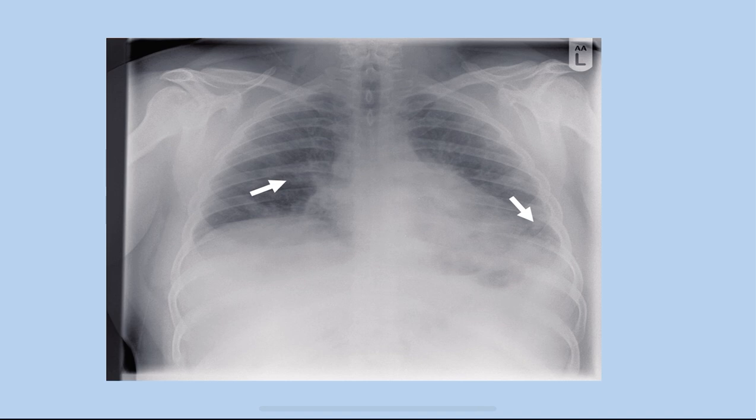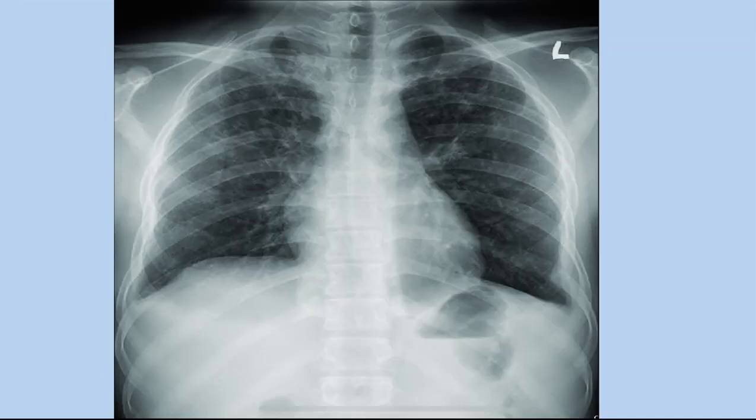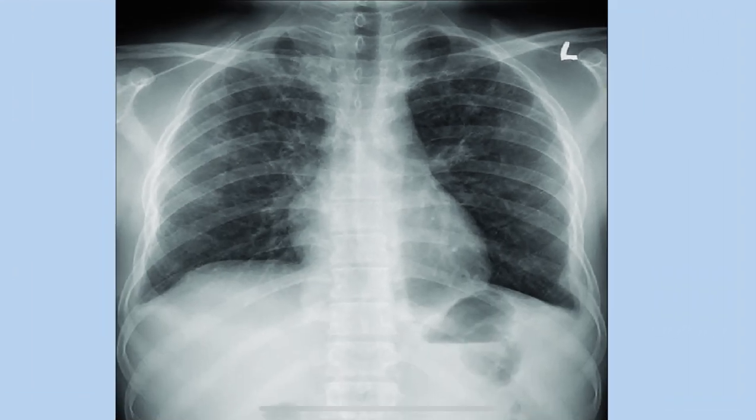So here you can see the chest X-ray which is showing patchy airspace shadowing. This patchy airspace shadowing is seen in both the lungs. Prominently you can find it in the mid and the lower zones. You can see the arrows here. In the mid and the lower zones we have the patchy airspace shadowing. Whereas here you can see that the chest X-ray is showing bilateral infiltration. Mainly you can see it in the upper zones. The bilateral infiltration is seen in this chest X-ray.